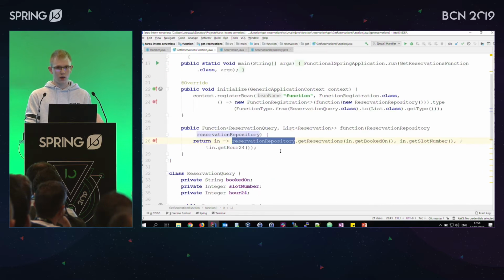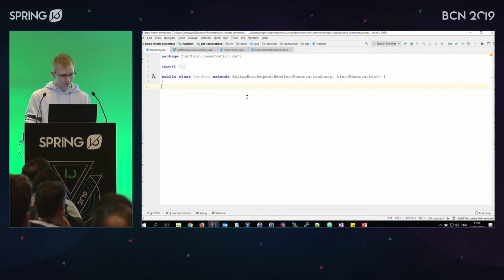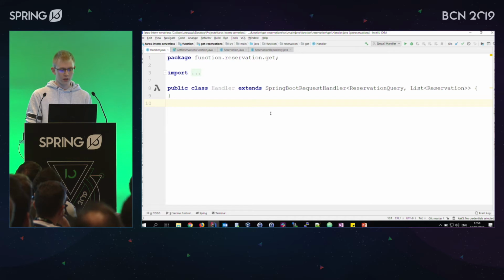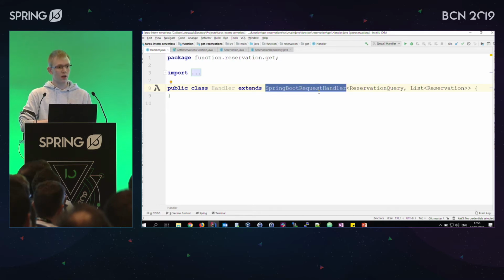This is not enough to just run on Lambda or any other platform, so we need to implement our adapter, which happens in a handler class. You see, this is very small and doesn't need anything more than this. We just implemented a provided class from Spring, the Spring Boot request handler, which in turn implements the interface needed for the AWS Lambda system.